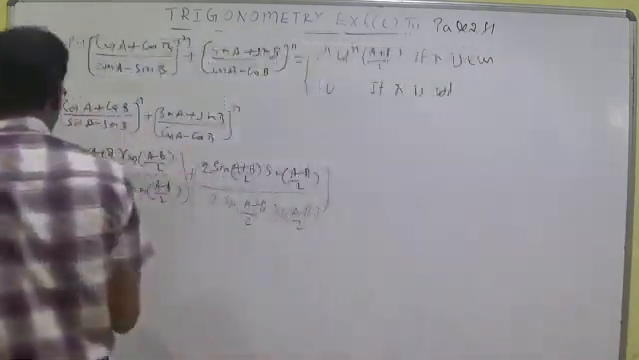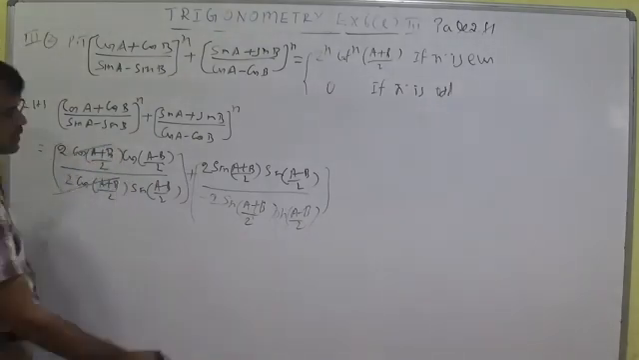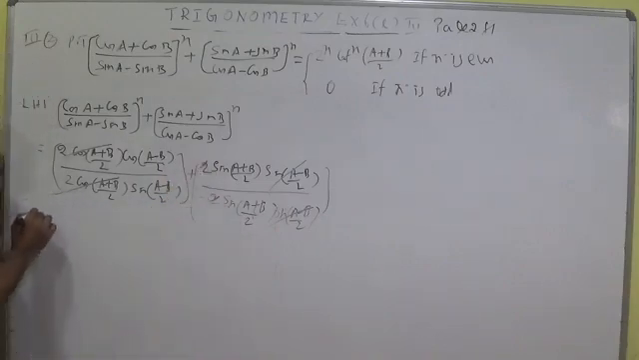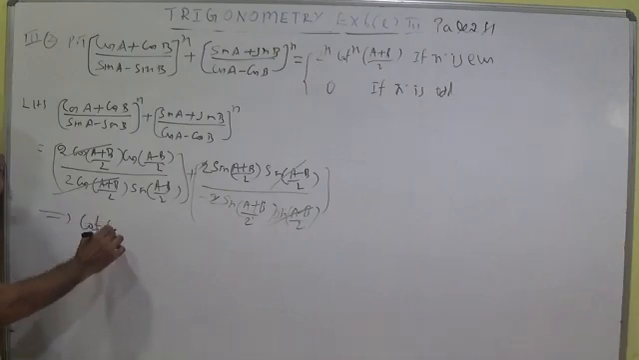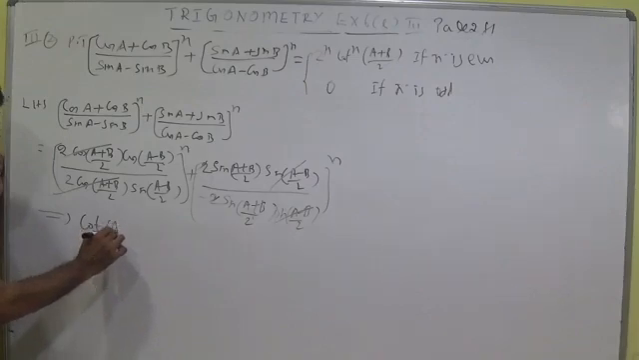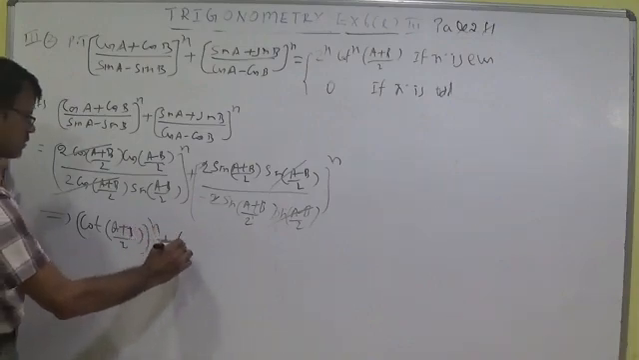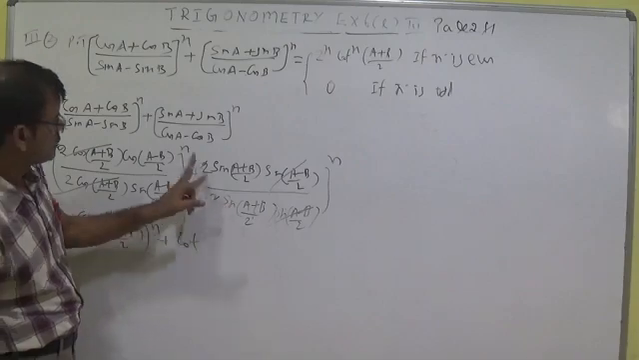Here the cos of (A plus B) by 2 term along with the 2 got cancelled. Here sin of (A minus B) by 2 along with the 2 got cancelled. Now cos by sin becomes cot. Write like this, whole power n is there. Here also we should apply whole power n. Now write like this: cot of (A plus B) by 2 whole power n plus